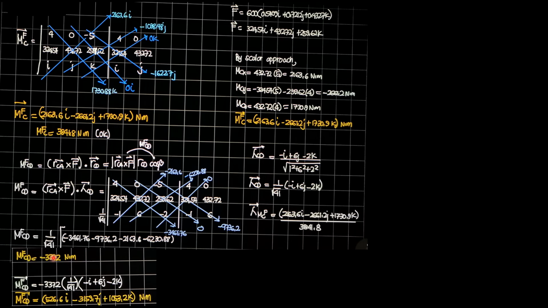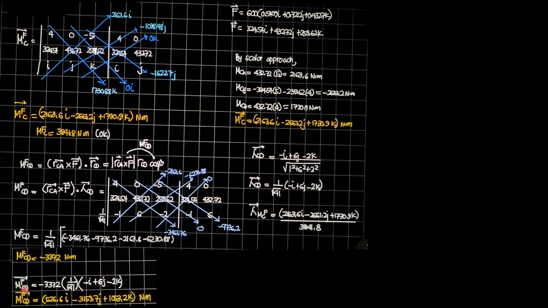So since it is negative, you try to imagine that it is really negative from the original figure, and the reason is the angle between the unit vector of the force and the axis vector CD is more than 90 degrees, or the axis of MCD or MC, which is the moment of the force about point C, this one, and the axis is more than 90 degrees.